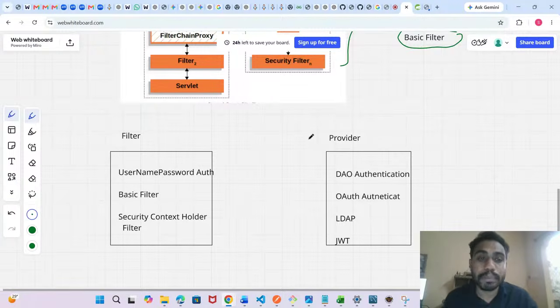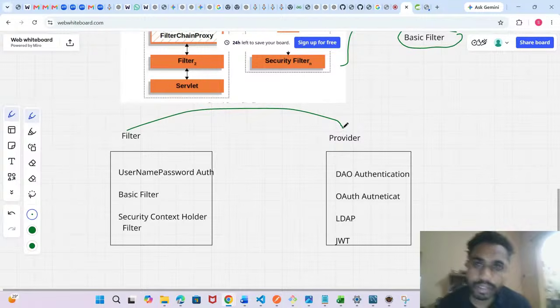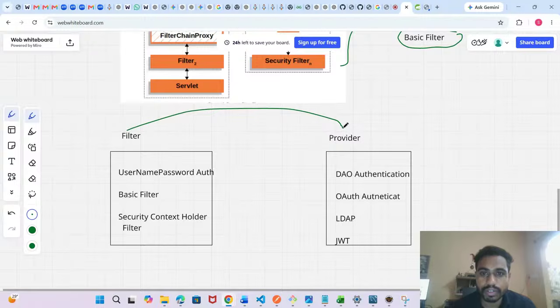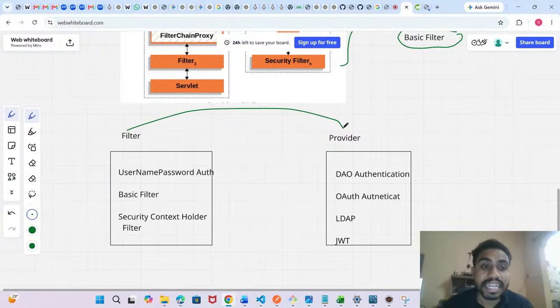Now can you tell me who is acting like an intermediate between the filter and provider? Anyone?